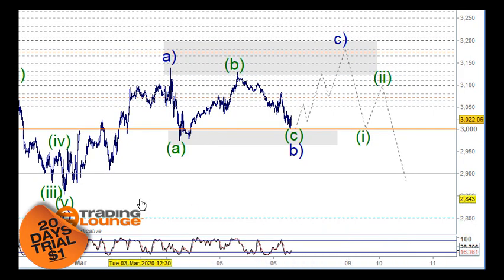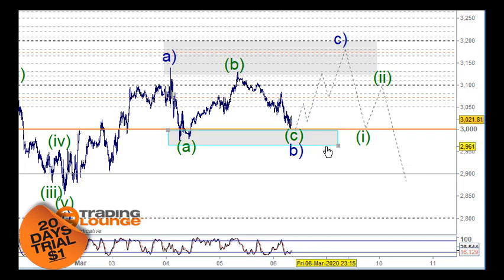So in this case here, we count up as wave A, then an A wave down here, and then a B wave as an A and a B, and a C wave for the B wave here, and then down for the C wave here. So the 61.8% is still a bit lower through here as well, so that can bring us down to 6.2